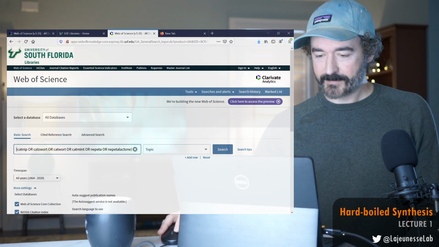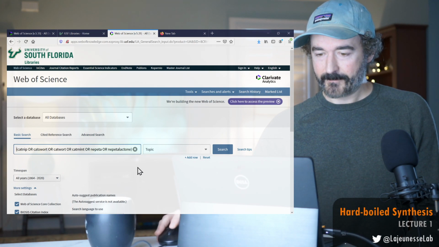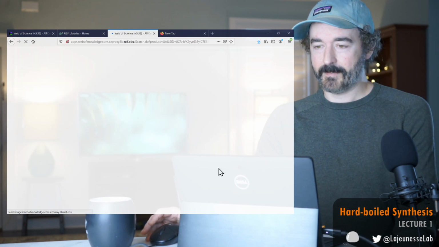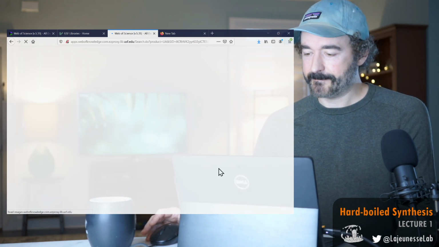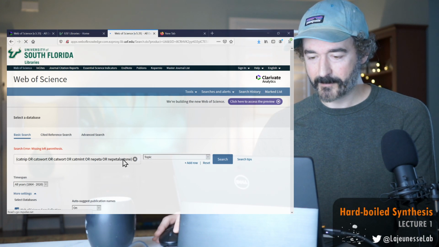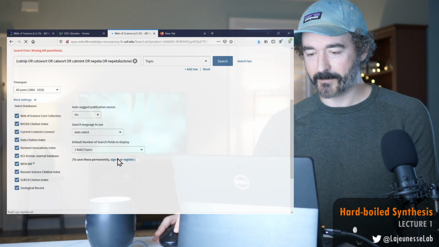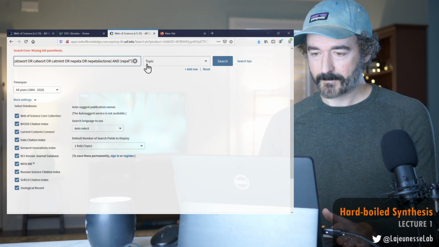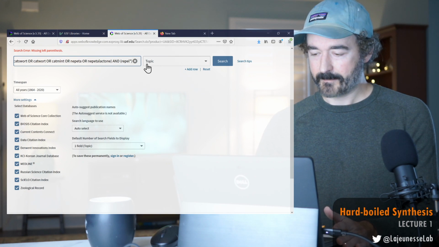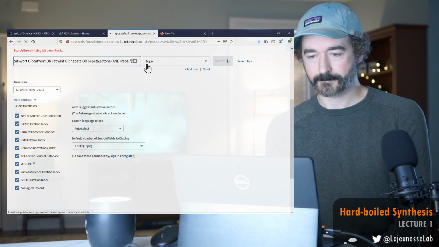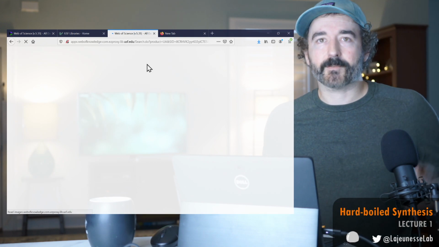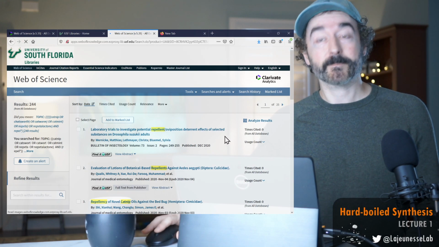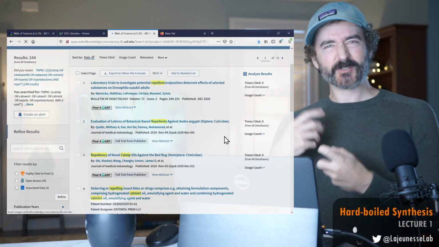So let's search with these keywords. Let's see what comes up. Oh, please work. Missing parentheses. Oh yeah, okay. I never fixed that weird issue where there was a bunch of existing parentheses. There we go. All right, fingers crossed that there's more than 2 studies. 244. I mean, you could refine your search, right?